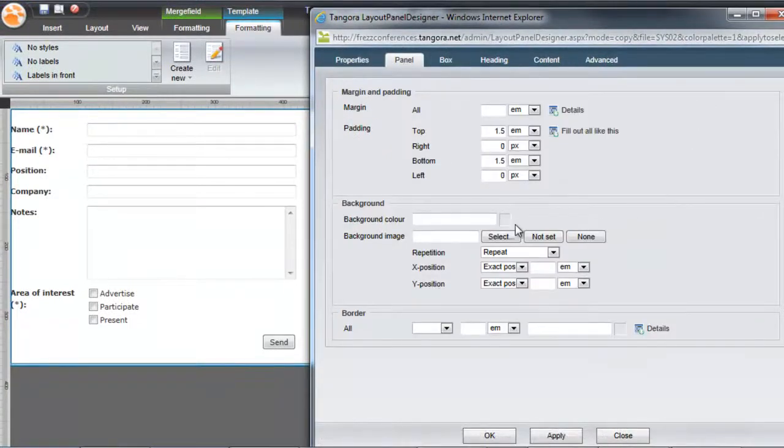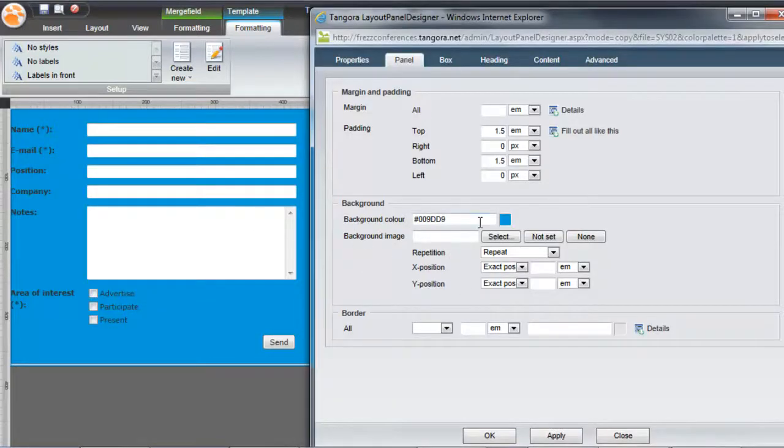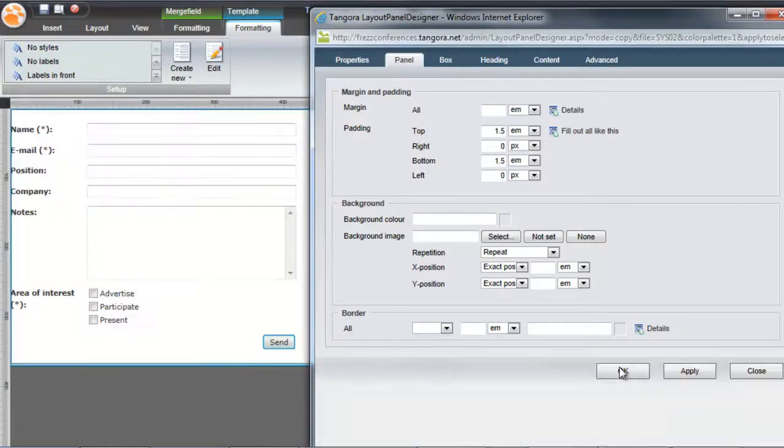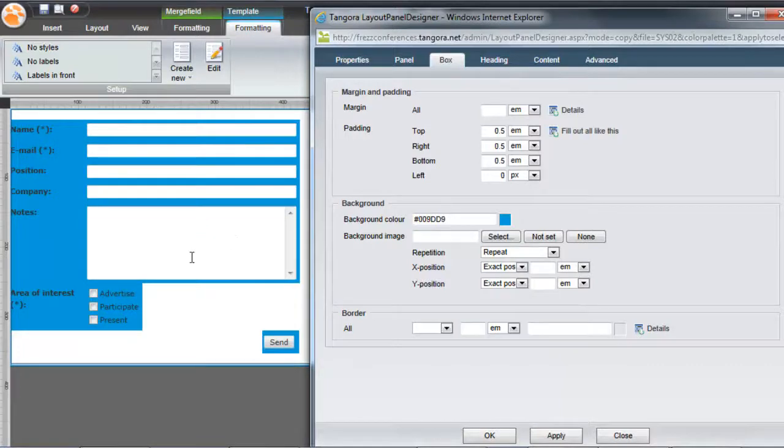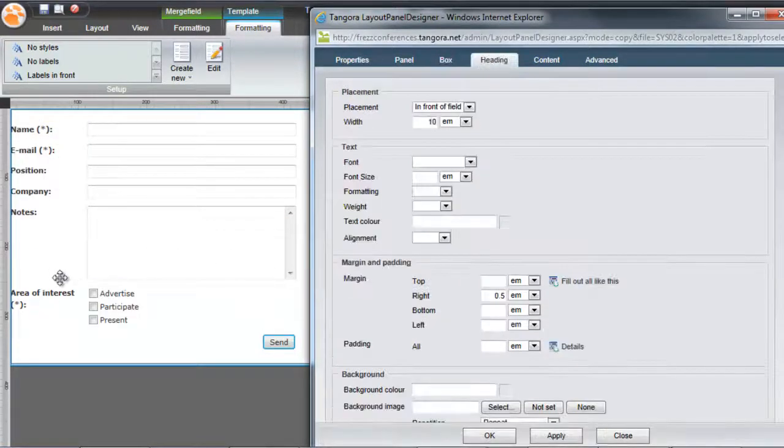I won't go into details here, but I will mention that Panel relates to the entire area of our template. Box relates to each field, both the header and the field itself. Heading relates to the field headers.